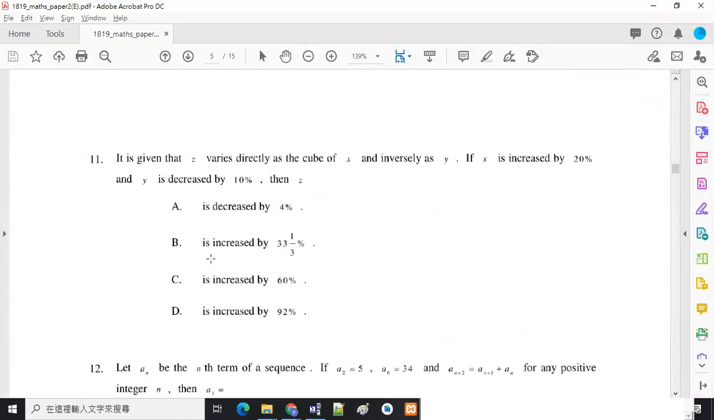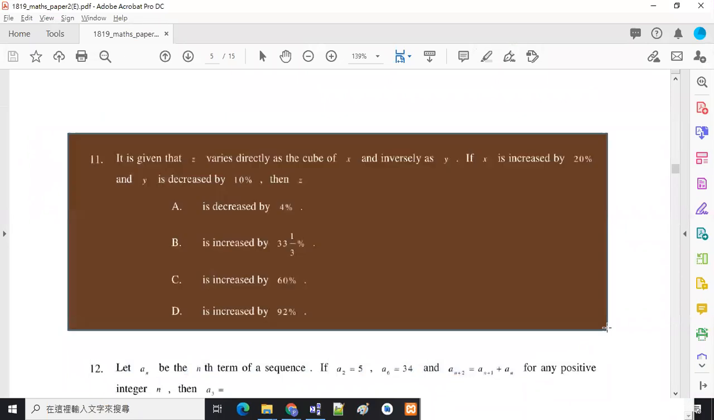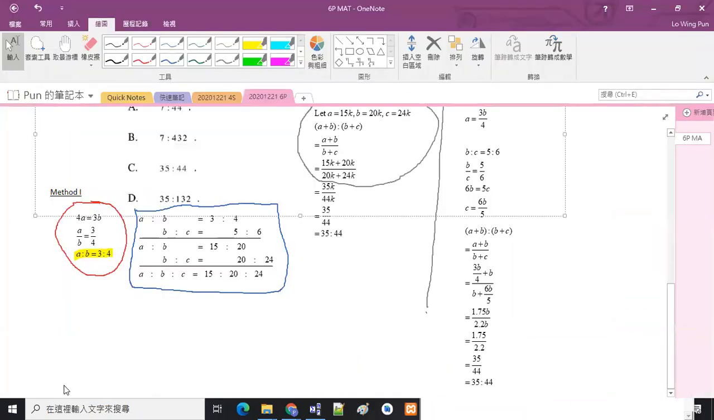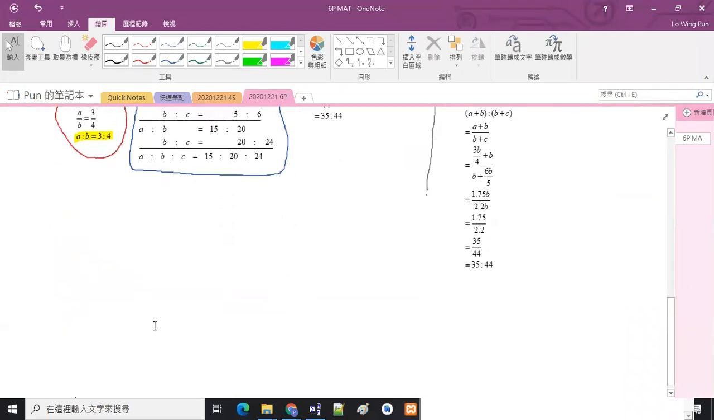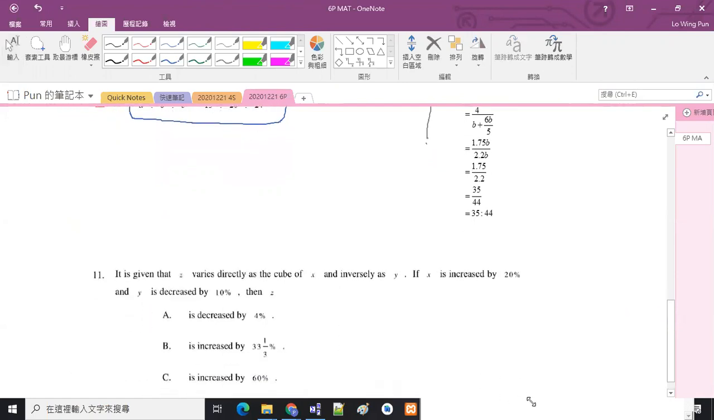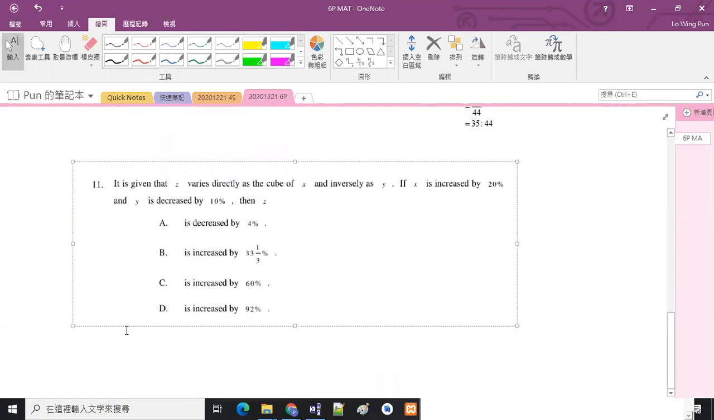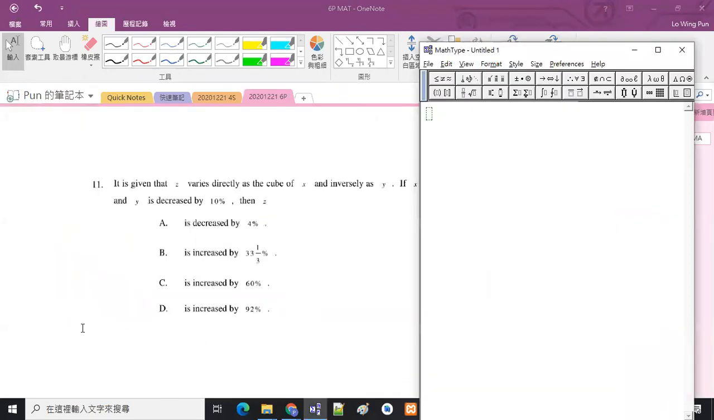Next one. Number 11. 係呢隻 variation，又係最麻煩嗰隻，即係 percentage change 嗰隻。麻煩啫，但係都識做㗎嘛，最緊要就係識做，唔好怕麻煩。So we will let z varies directly as the cube of x and inversely as y。即係我哋有 direct 有 inverse，即係有分子有分母。